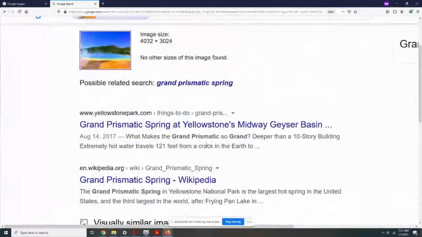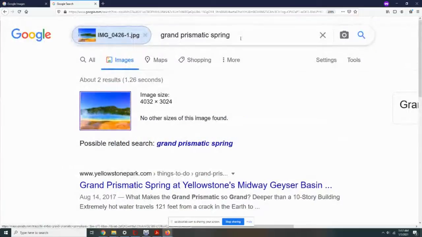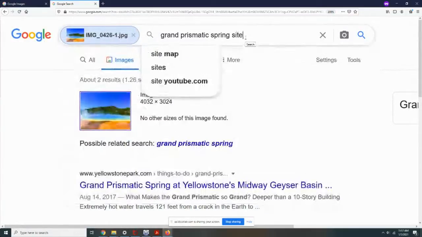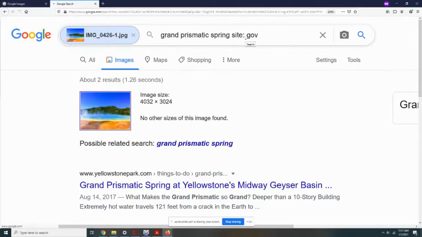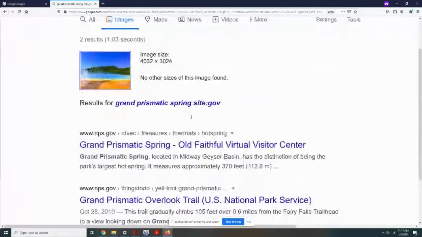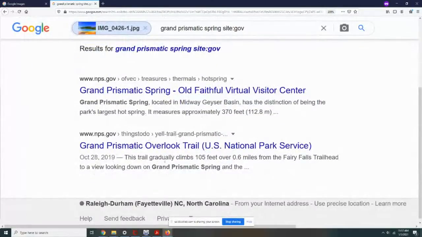But I was kind of grumpy about this because I wanted information from Yellowstone from the US government as opposed to a more commercial website, so I saw that .com. So I was even able to come up here and say site:.gov. And now I only have .gov